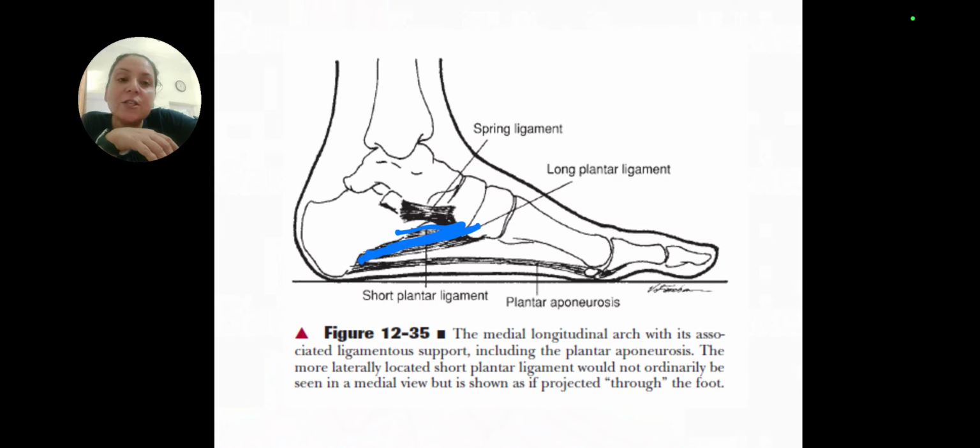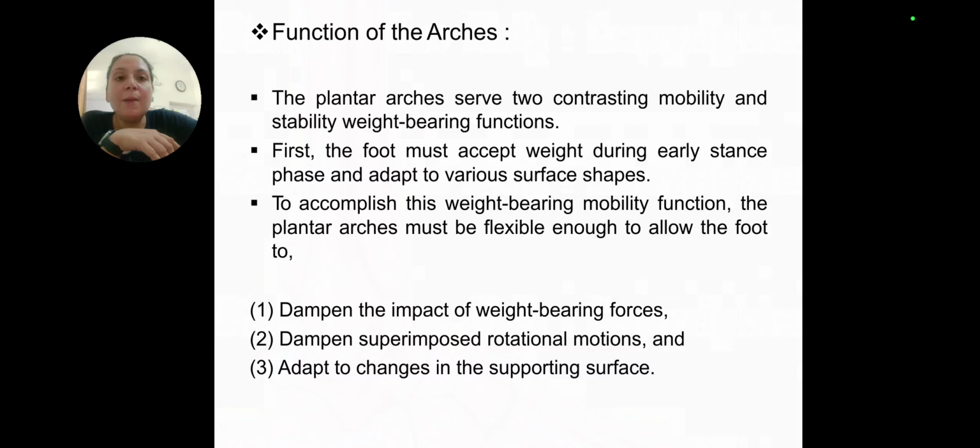Can you see the plantar ligament, which is arising from the calcaneum, the substantia tali, and it is going up to the level of the navicular bone as well as the medial cuneiform. So these are the ligaments which are holding the arch. Then this is from the medial facet of the calcaneum. Let me show you in a different form. And it is running up to the base of the metatarsophalangeal joint. Can you see this? This is called the plantar epineuritis. So we have seen the spring ligament, the long and the short plantar ligament, and the plantar epineuritis, which are very crucial in the stability of the plantar arches.